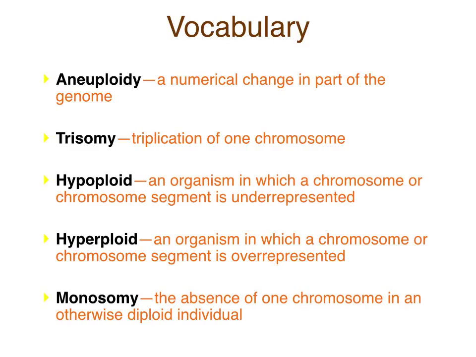So Turner syndrome that we've talked about before would be which one of these terms? Monosomy, right? Trisomy would be Down syndrome. Of these, Turner syndrome would be the hypoploid, because you don't have part of it, it's underrepresented. Down syndrome would be a hyperploid because you have it overrepresented. Does that make sense? Aneuploidy would be any of these because you have that imbalance. Aneuploidy suggests imbalance. Do you have those terms straight?